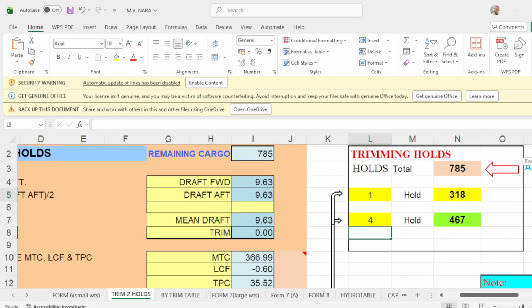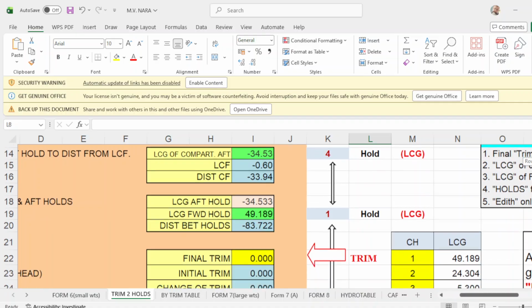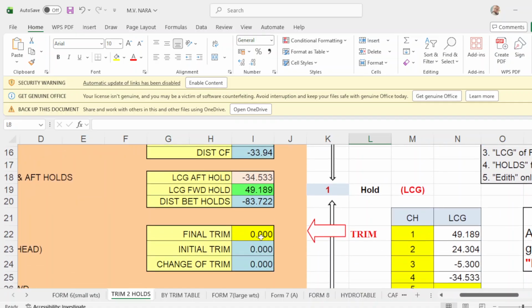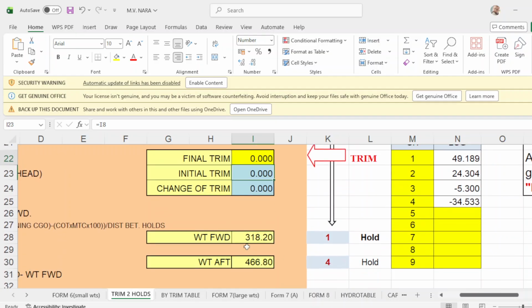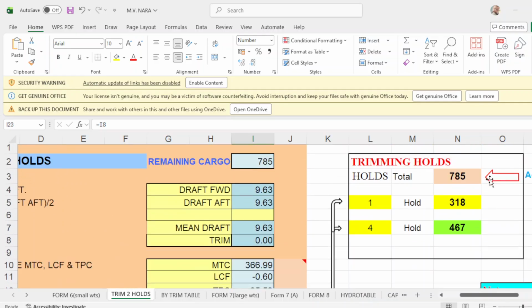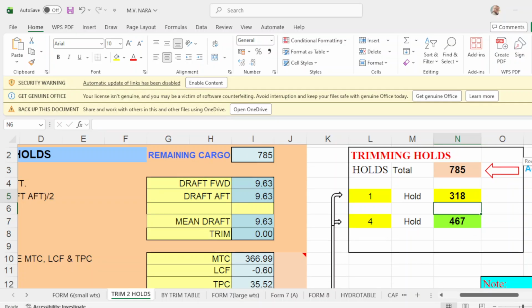Okay, and for example, you want to depart even keel, that's why you have 0 trim. Your recommended cargo to load for hold number 1 is 318, so you put 318 here. The recommended load for number 4 is 467.